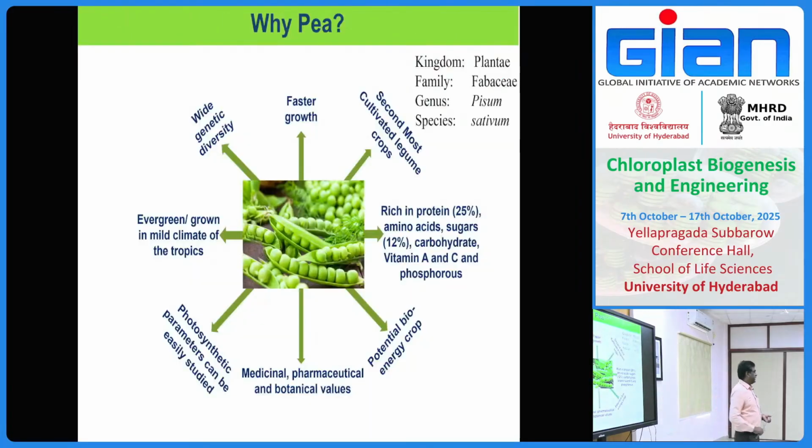We have taken pea as a model. All of us know it; now is the season when you get nice peas. Because there is less research happening on peas connected to drought stress,